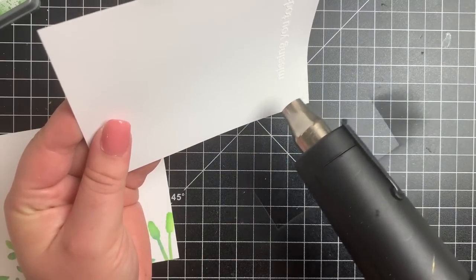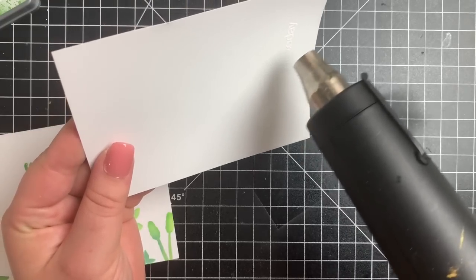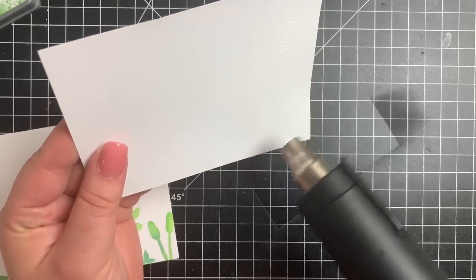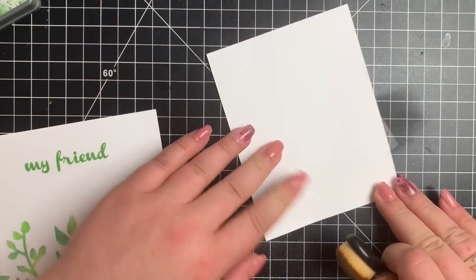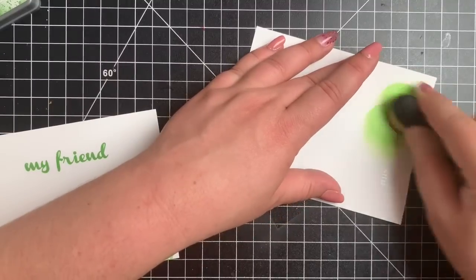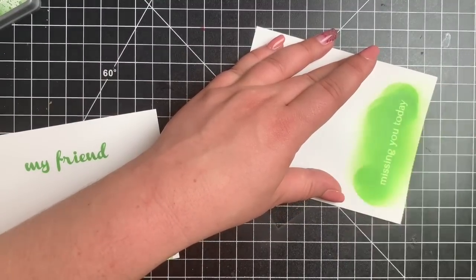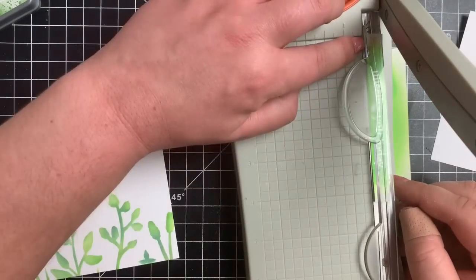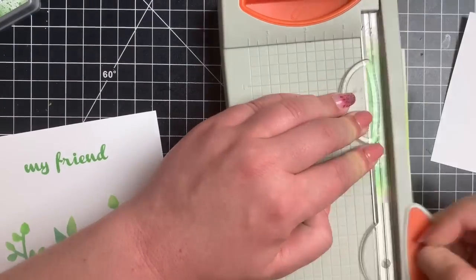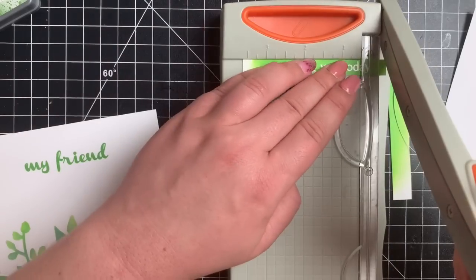Now you will want to make sure that your embossing powder is completely cool before adding your ink on top of it, or else you're just going to smear that embossed area around. It only takes about 20 seconds or so, but just be sure that the paper is cool to the touch. So I'm just going to use my blending brush here to add some color, and then just take a paper towel to wipe off any excess ink that might be sitting on top of that embossed area. Went ahead and cut this down into a pretty thin sentiment strip. This will go directly underneath my